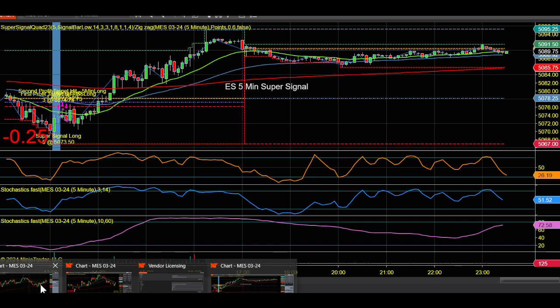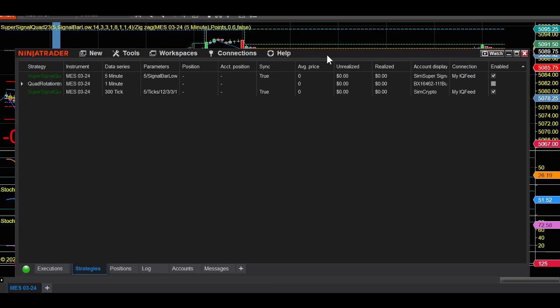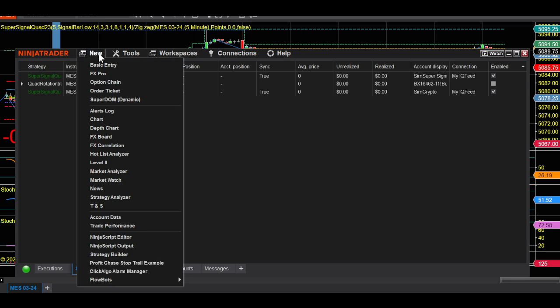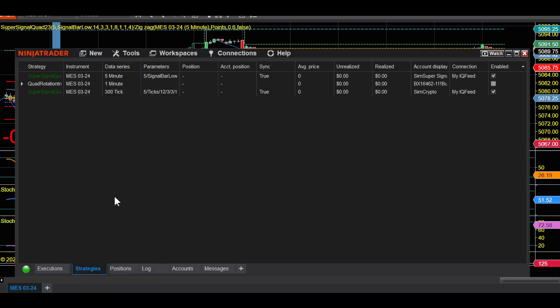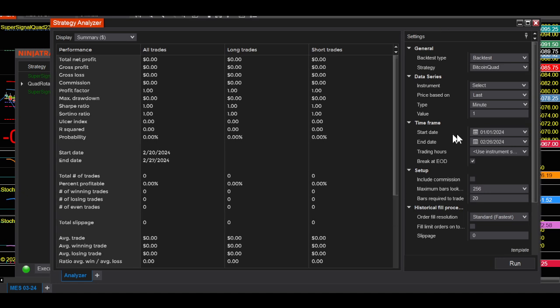Let's go to our control center here. And we're going to go to new, and we're going to go to strategy analyzer right here. All right, the strategy analyzer is up here now. Now, what we're going to do